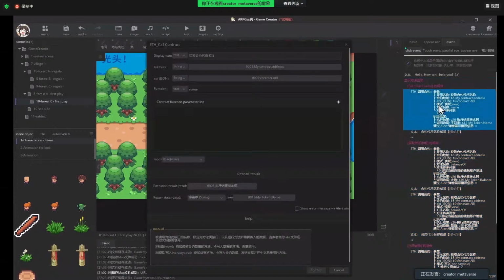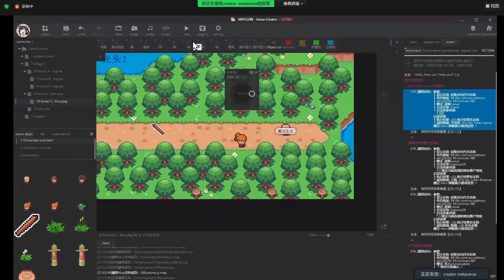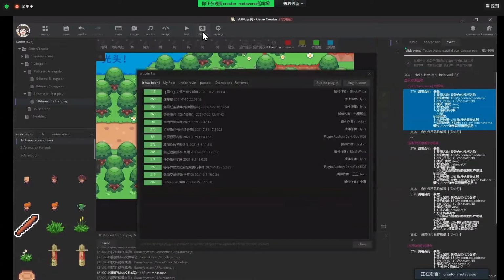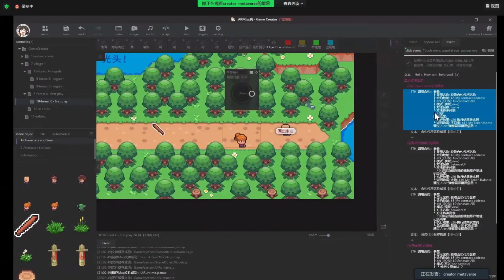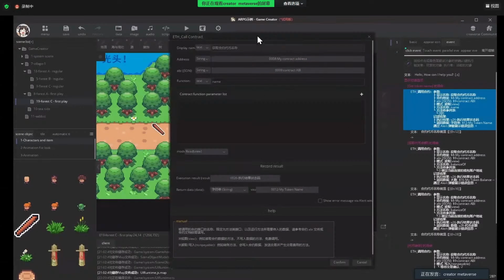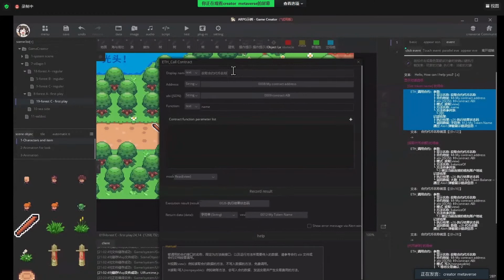Let's rename it, get token name. What happened here is we have the plugin for the ETH smart contract. The plugin is here. You can use the plugin manager to see the ETH plugin is available and already loaded in this game. Now we can see the first option, get token name.